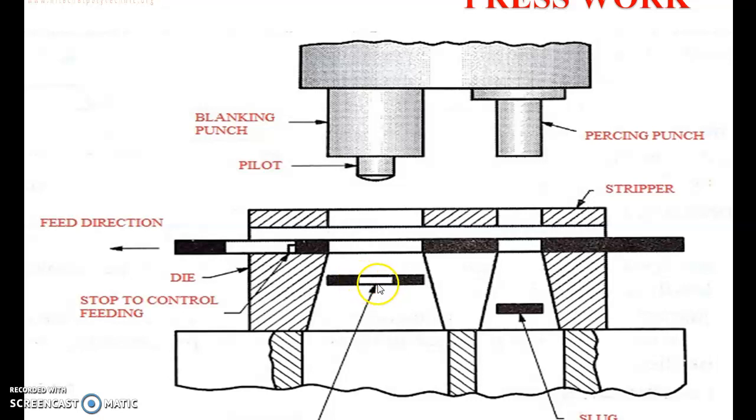So the circular piece is already punched and another piece is there. At each stroke we then get a final component, that means a washer has been produced. After the first stroke, at each stroke of the ram we are able to get a washer. As we progress the workpiece from one station to another station, this die is named a progressive die. Based upon this, we provide the name of this die.